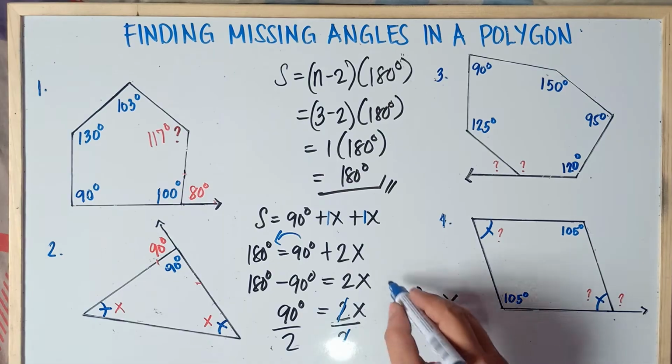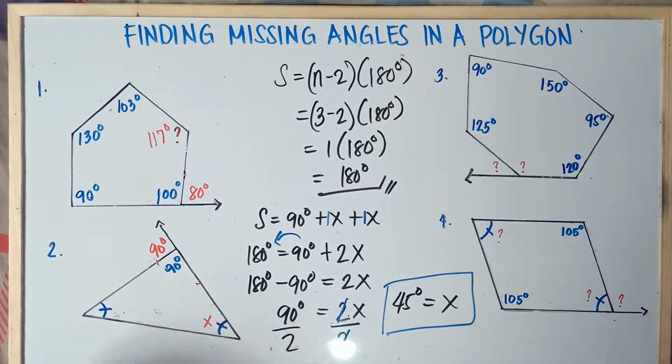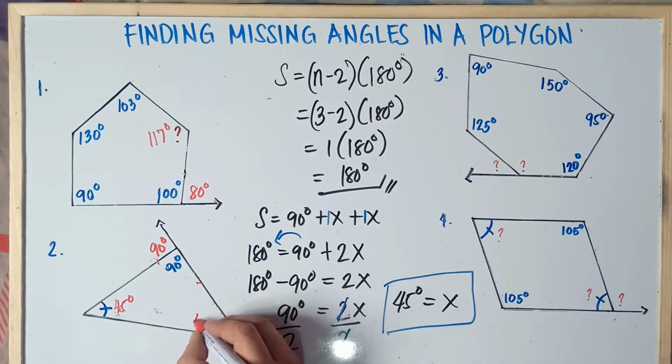That's it, class. This is the formula, if you want the formula. But you can actually do the mental calculation, class. This is 90, of course. The sum of these two angles should be 90 degrees, because 90 plus 90 is 180. Now, since the two angles are congruent, 90 divided by 2 would be 45 degrees. But if you're confused with that one, this is the equation, class. So this is 45 degrees, and then another 45 degrees.